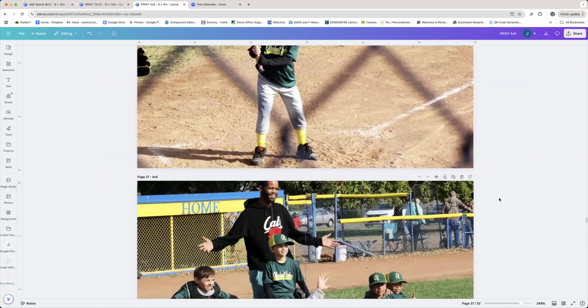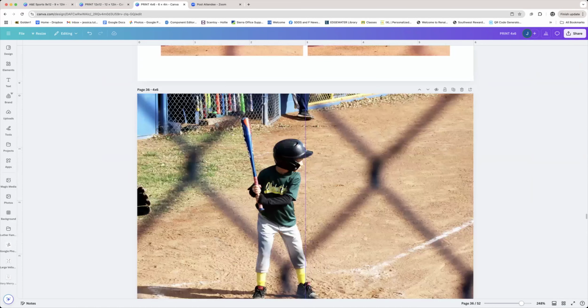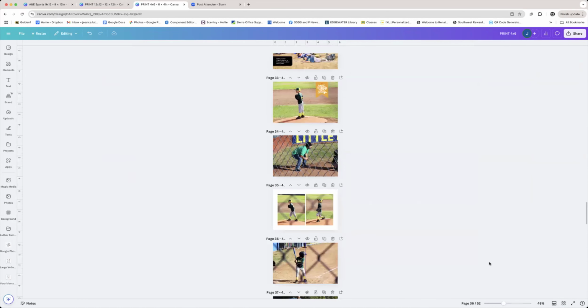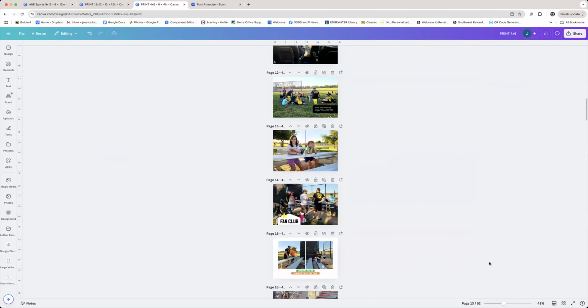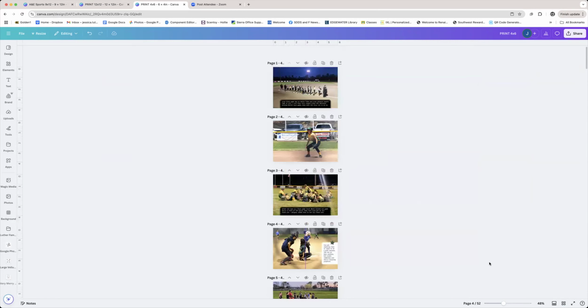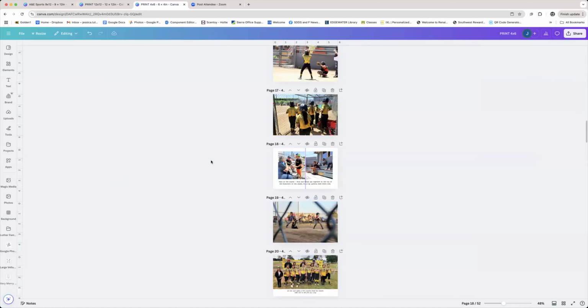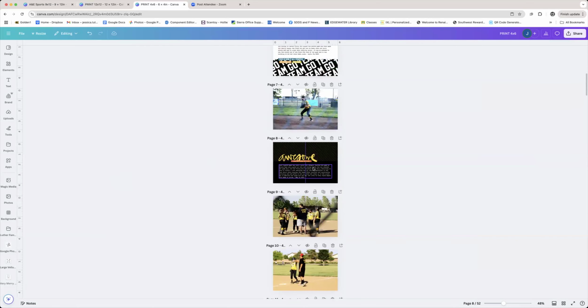All right. Now I always print with Persnickety because they're amazing. Their quality is really great. Their time is fast. I can buy print credits. They were reasonably priced. So I did that for all of my 4x6s. Okay. The majority of them are the photos. I kind of forgot what I was doing here and I did this here as well.